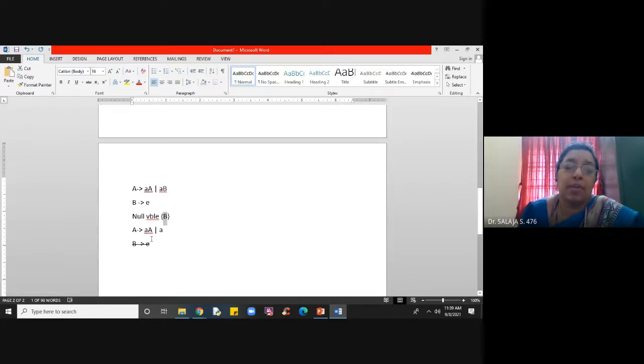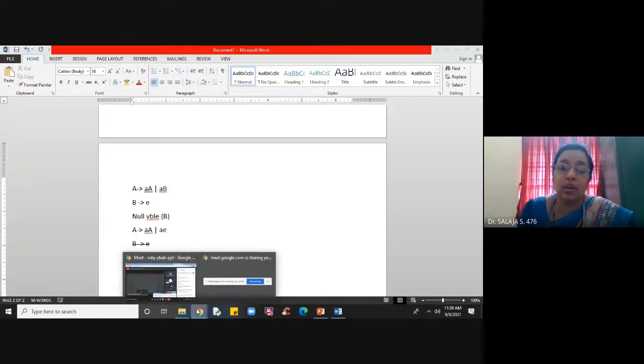In order to remove B produces epsilon, I have to substitute the value of B wherever it occurs in the other productions. So this B here is being replaced with an epsilon. When you concatenate A with epsilon, it becomes